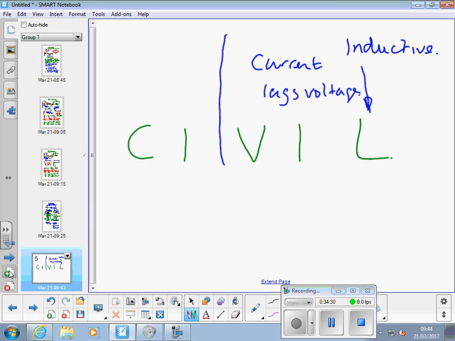In the inductive circuit represented by L, looking at that half of the word, current is after voltage, therefore we say current lags voltage. Looking at this half of the word,